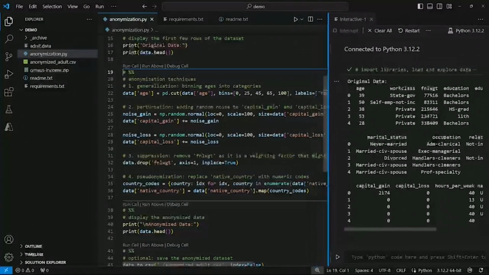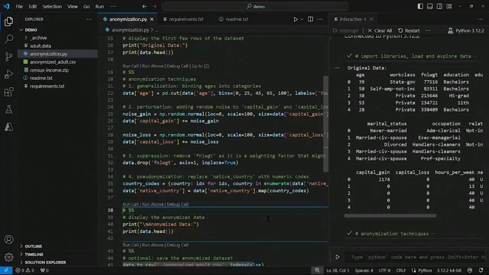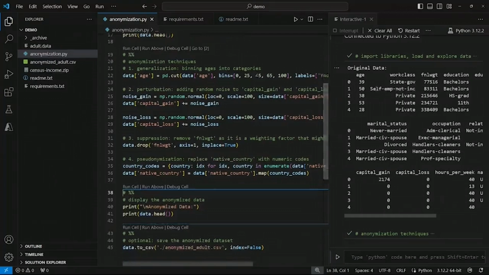Now let's run the second cell. These are the anonymization techniques that are taking place. So the first part, starting on line 21. What is this? Well, this is generalization, and this involves reducing the precision of the data to a coarser level, usually done by replacing data with broader categories that are less specific, but still useful for analysis.